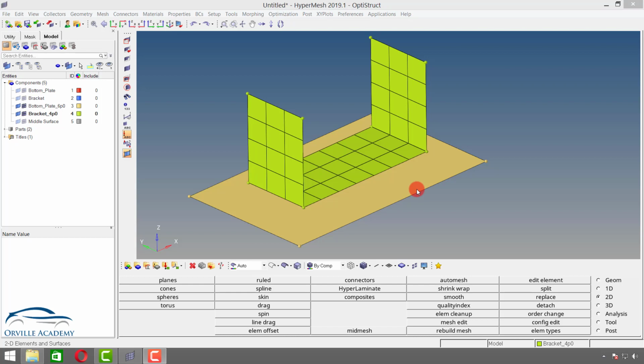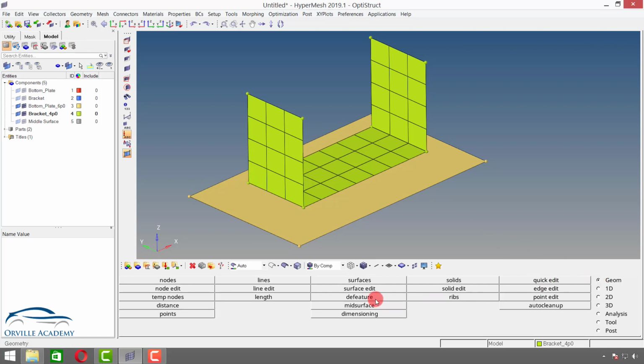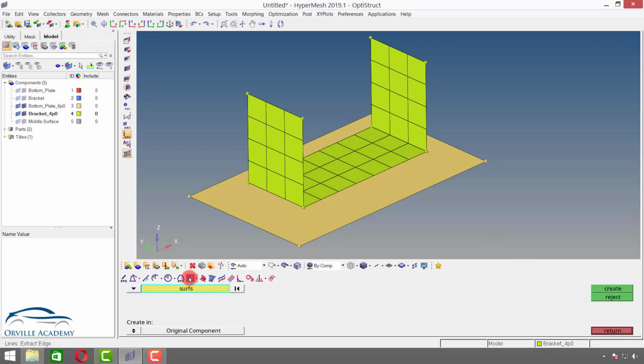So now in order to project these lines to the bottom edge, we have to go for project. But as you can see, I don't have any lines available with me. So one thing that I can do is go for geometry, then go for lines, and here we have the option called extract edge. If I select the surface, then it will automatically create the lines from the edges of the surface. Let me say create. Now instead of creating like this, you can also go for lines, select the first node, second node. In that way also you can create the line.